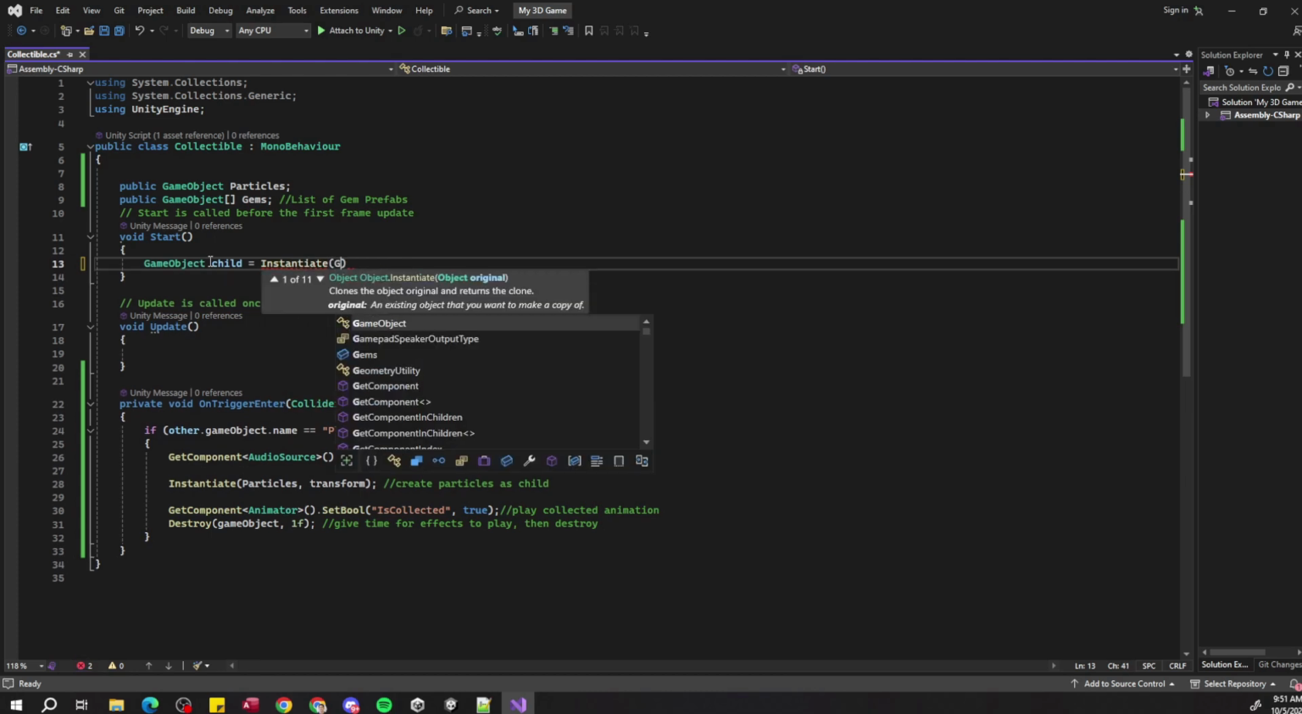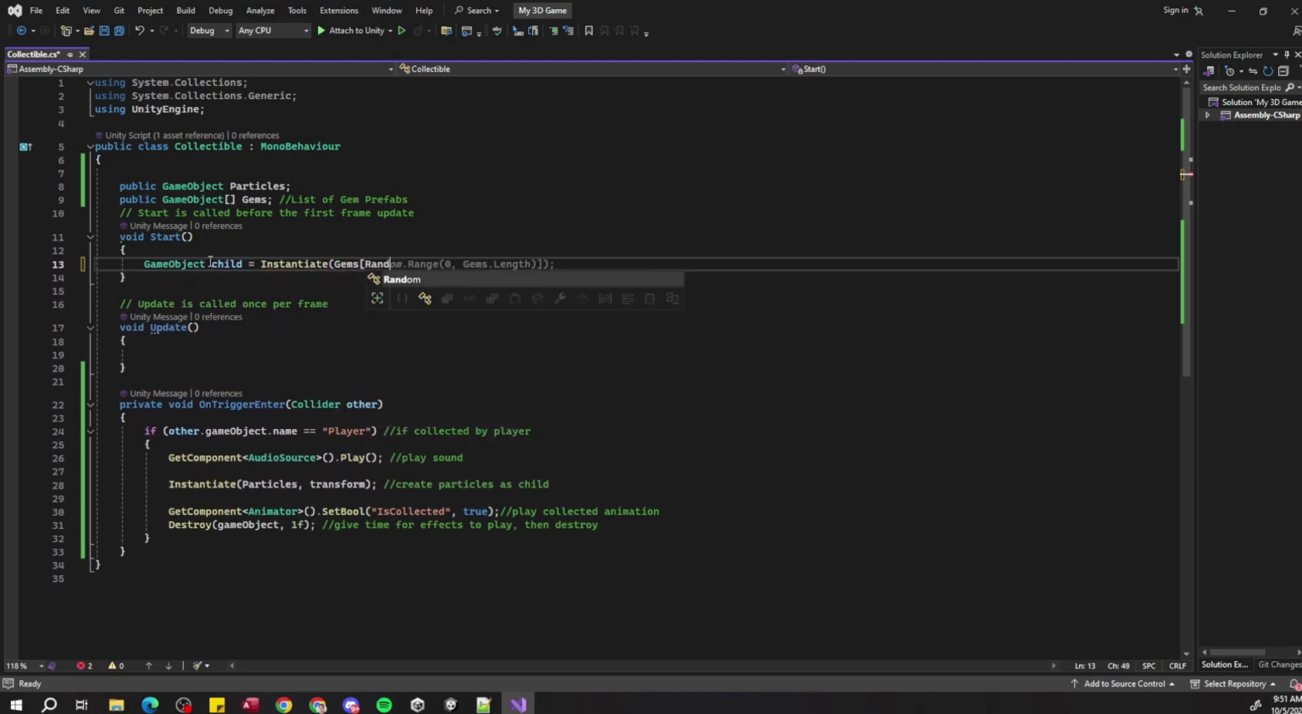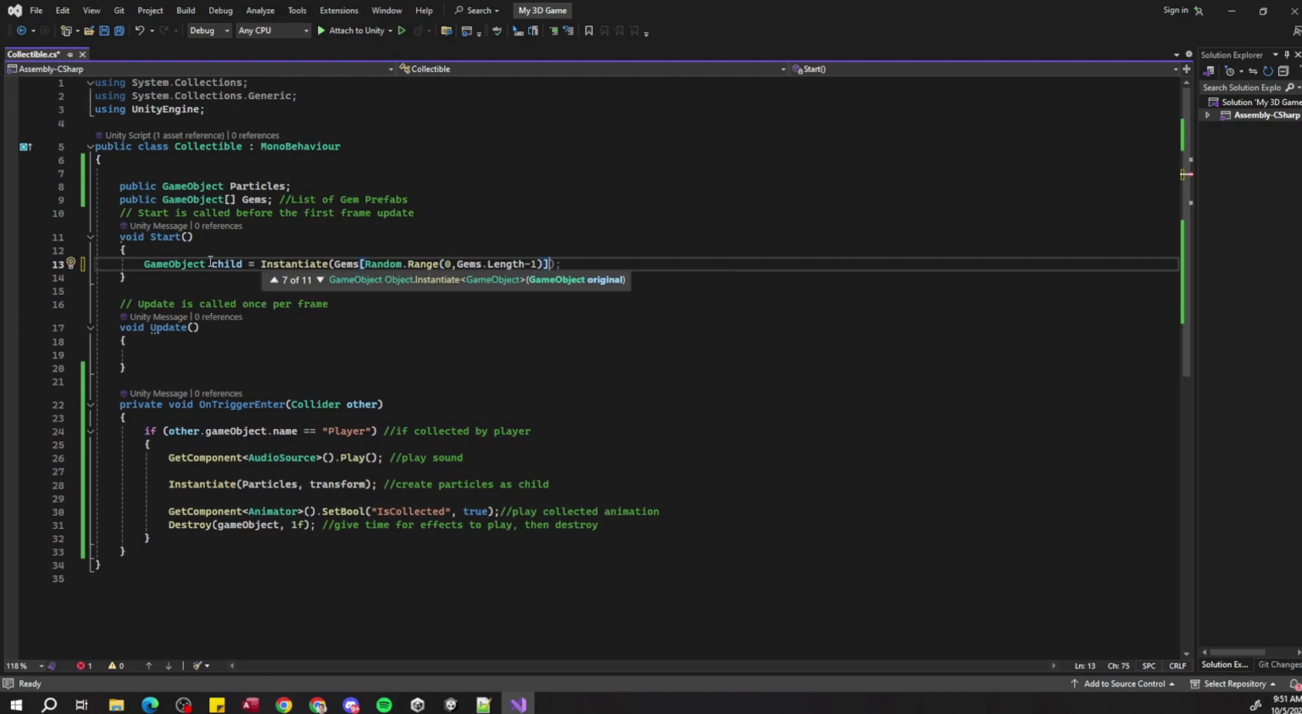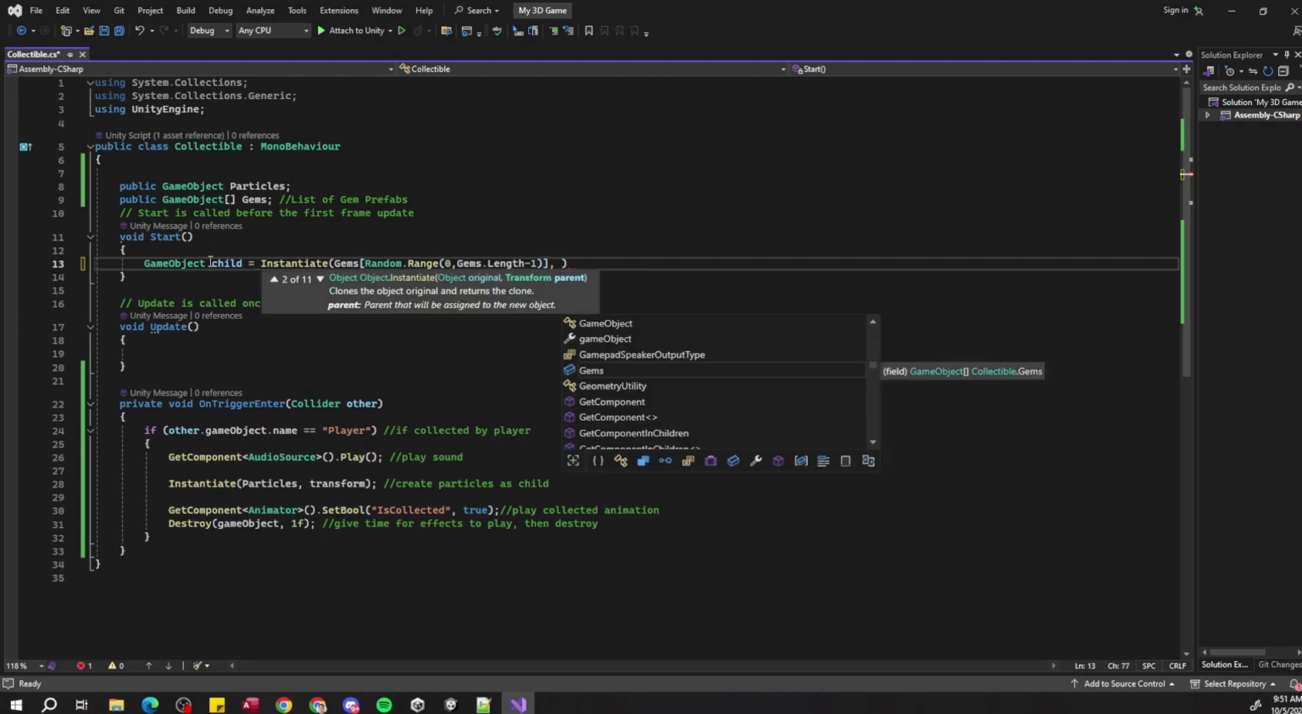We can do this by indexing the gems array at a random index from 0 up to the length of our list, -1. Since, like in most programming languages, indexing arrays starts at 0 and we have 6 gem prefabs, we'll want to randomly choose an index from 0 to 5. However, we'll generalize it to length -1 in case you're using a set of prefabs that has more or less